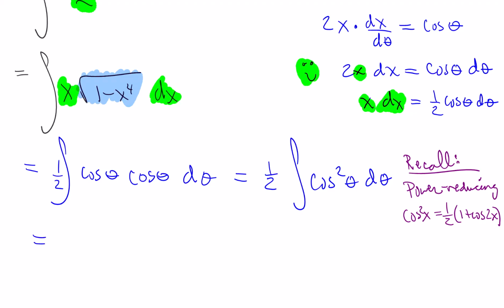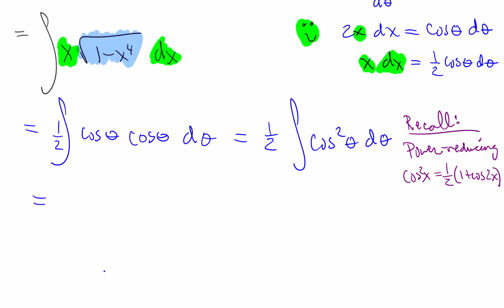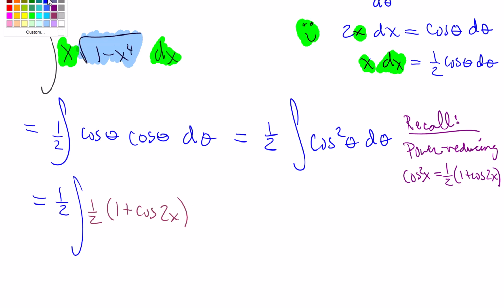So let's go ahead and rewrite this as 1/2 times, now here we go, instead of cosine squared of x, I'm going to write it, and I'll even use the replacement I was using. Actually, let me get my integral symbol there first, and then we're going to write this as 1/2 times parentheses containing 1 plus cosine 2x, and then we want this as